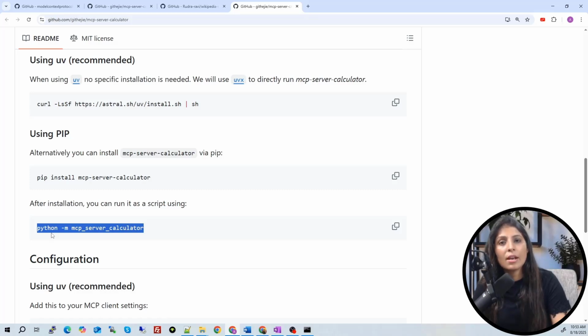The agent will use the LLM to understand the user's question, and the LLM will see if that question needs the calculator MCP server. Then the agent will connect to this MCP server and get the response from it. And once the agent gets the response, the LLM will present it to the user. So this is the task we want to do.